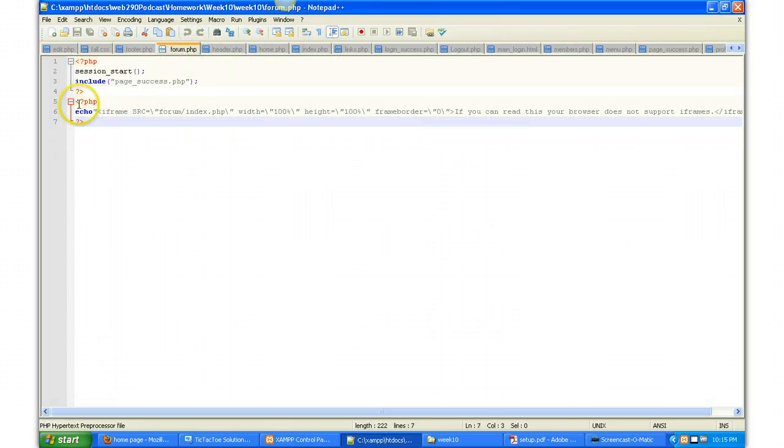So that's forum. And you'll notice here in the forum, once it gets past the security and they're logged in, it has a PHP echo statement, which uses an iframe. Iframes are used in HTML to embed a site or a page into another site. And that's what this one's doing. It's going out to the forum folder, index.php,